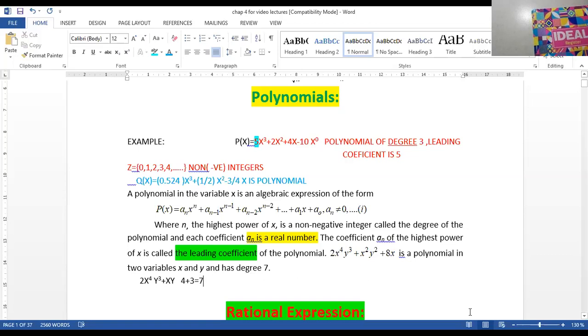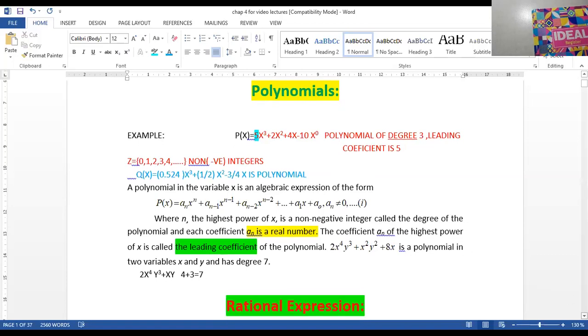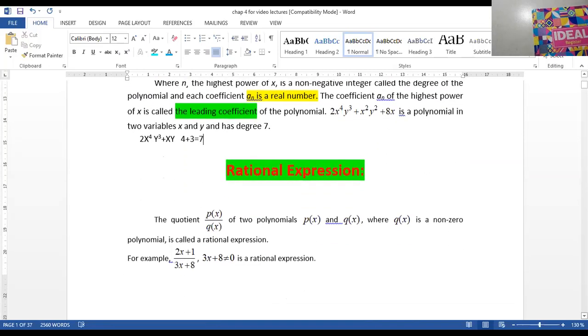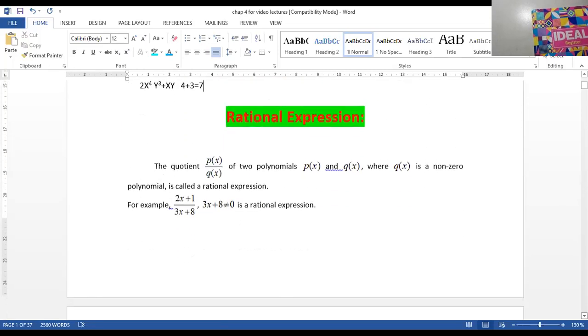Now we quickly come to the next definition, because this was a definition which demands a lot of explanation, and a lot of terms are written there. These are definitions which need to be learned very well. Obviously you will write these terms in your copies and learn them by heart, because, as I told you before, all these definitions are part of the curriculum and they appear in the board exam as well. Now the next definition is called the rational expression.